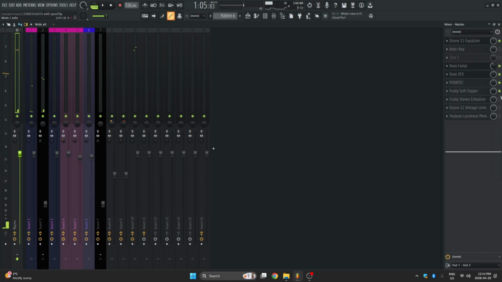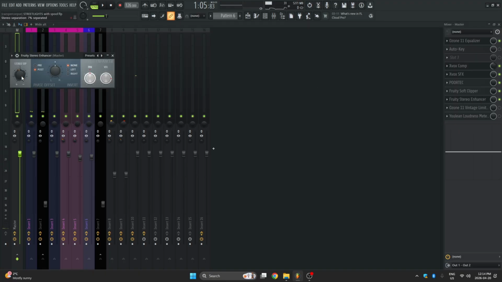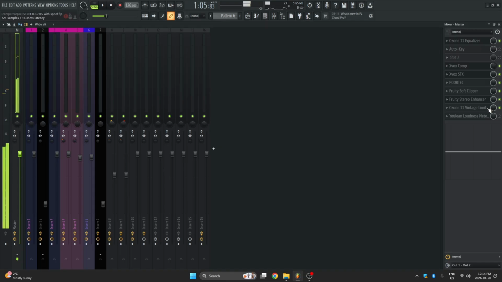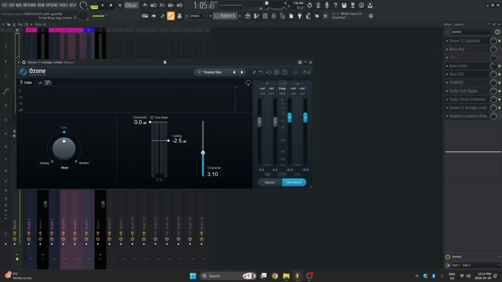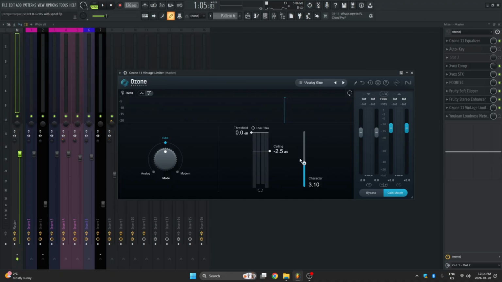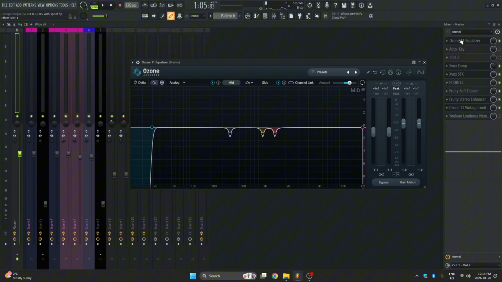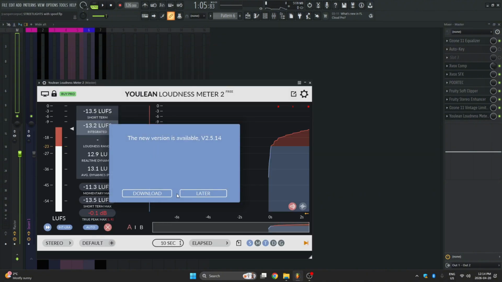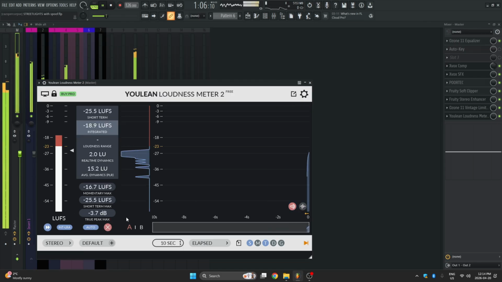Cool. Pretty nice. And to finish it off, we did 7% separated stereo enhancer and an Ozone 11 limiter with these settings. I'm still very new to this plugin. I don't know if I'm using it right, but yeah. And then we put on the loudness meter to check. And last time I checked,